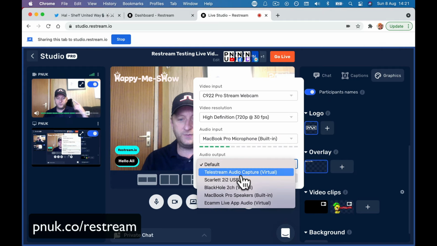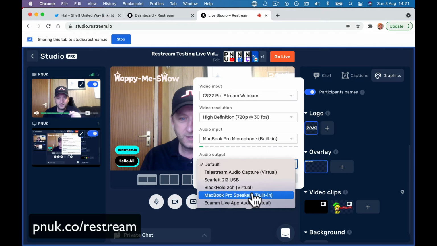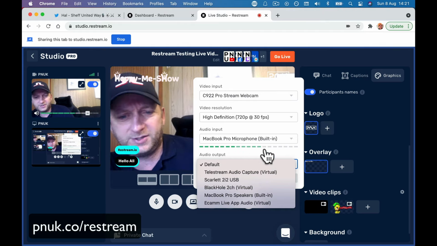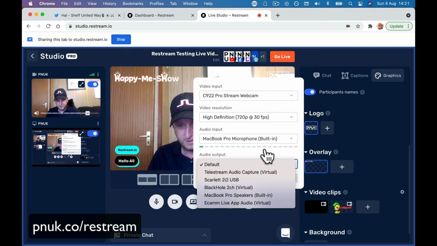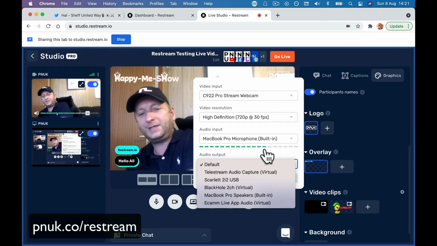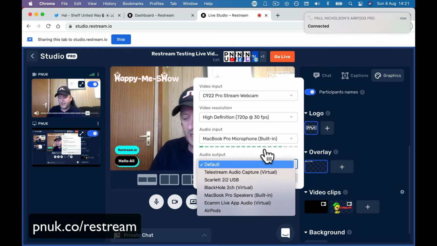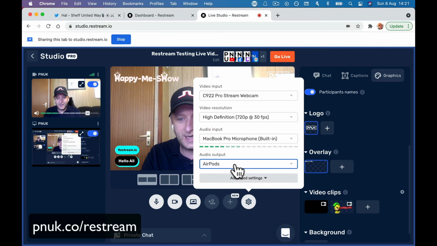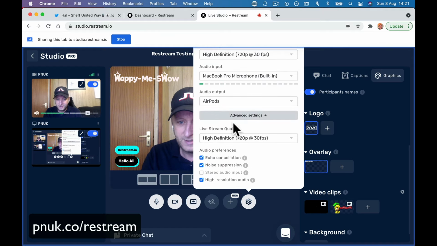Audio output, if you want to monitor on a different setting to what you've got, then you can obviously click. If you've got, say, Apple AirPods in, I'm not sure if it'll pick it up now. If I wanted to listen on my headphones to what's going on, then you can see AirPods, and I can add the AirPods as a monitor device. Some advanced settings,